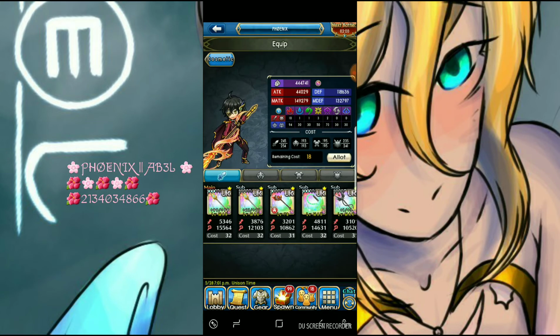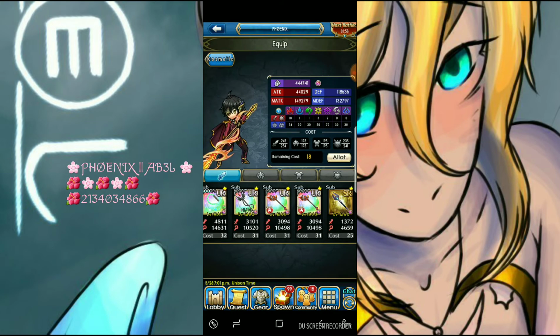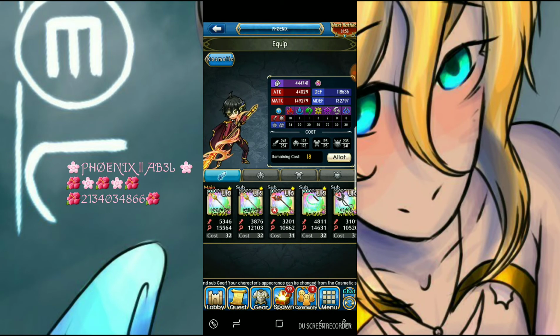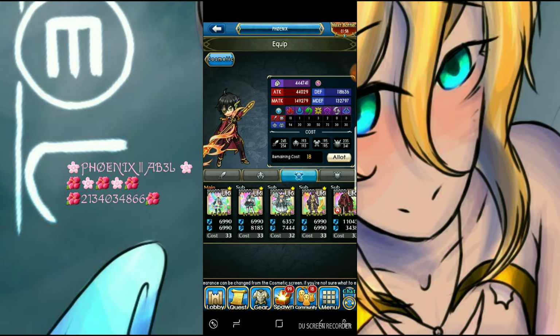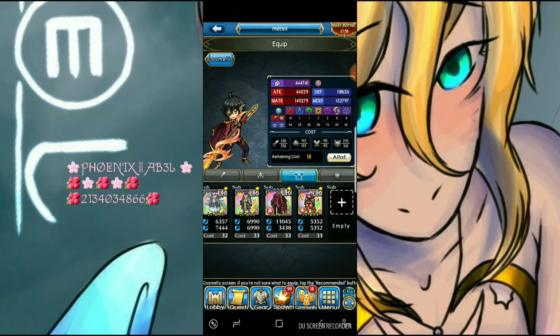Now for berserker, because berserkers' main focus is killing people, what you want to focus all of your cost on is your weapons and your monsters. It's like building a mage or a lancer. Weapons and monsters, make sure that most of the things that you have are